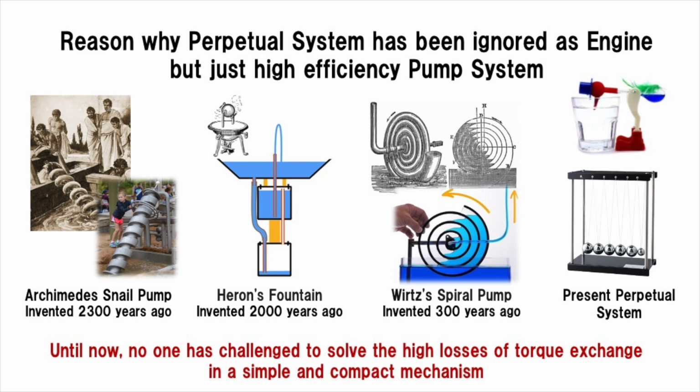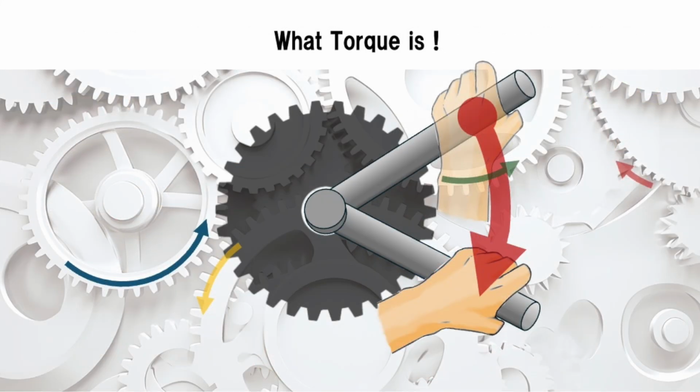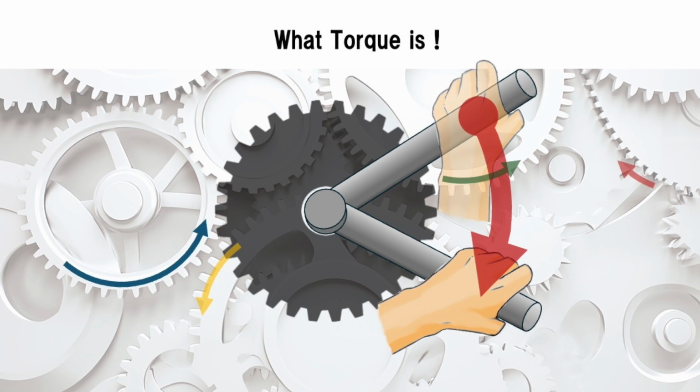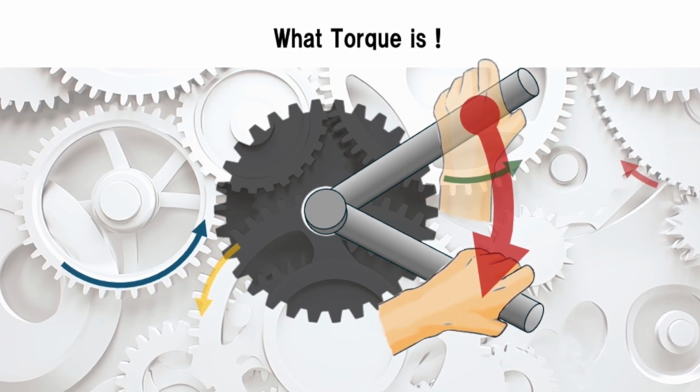These pump systems have succeeded in generating pumping energy that is several times the potential energy of gravity. But they have not yet reached a system of torque amplification that compensates for the torque conversion loss required for power generation and overwhelmingly exceeds this, and as a result, it is thought that the existence of perpetual motion machines is not recognized. So far, many of the fundamental logics were explained, with the actual principles of torque, in a way that even an elementary school student can understand.